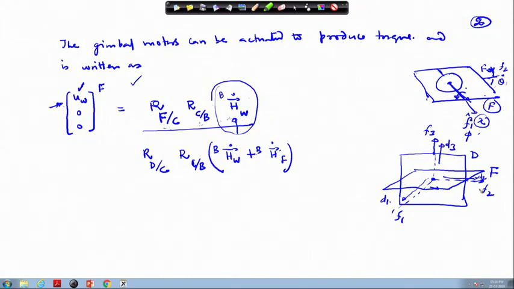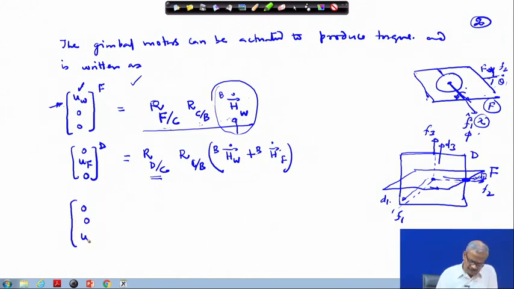So, F 2 and D 2 are coinciding, but we are giving rotation about the D 2 axis, which is attached to the D frame, and in the D frame your motor is fixed, which will rotate this frame, the F frame. Therefore, we do not need to convert up to the F frame, and therefore this will be given as 0, and this is converted to the D frame. Along the same line, then you will have 0 0 u d.